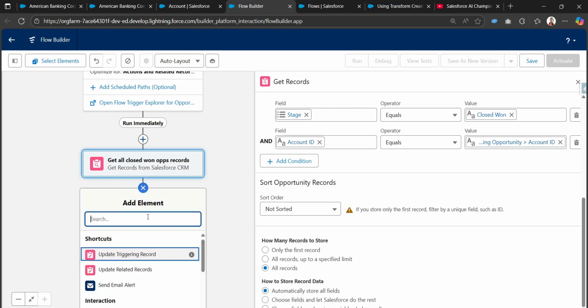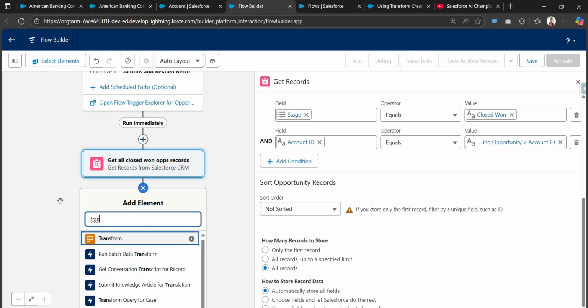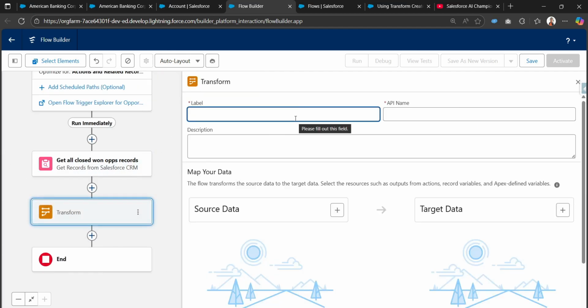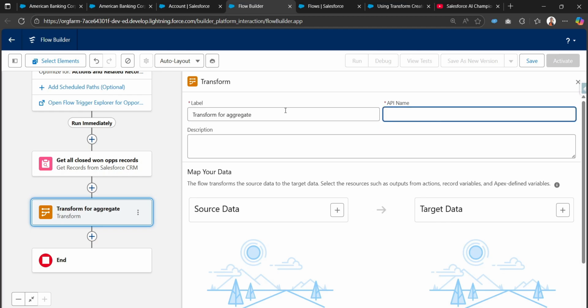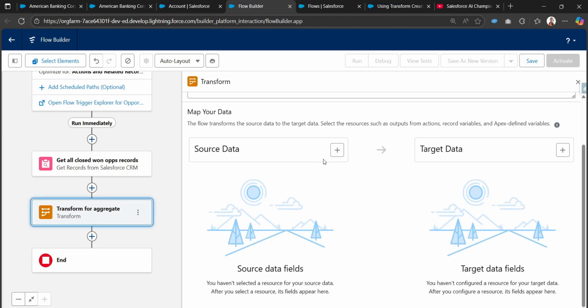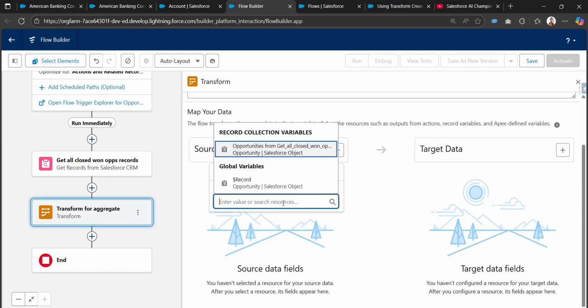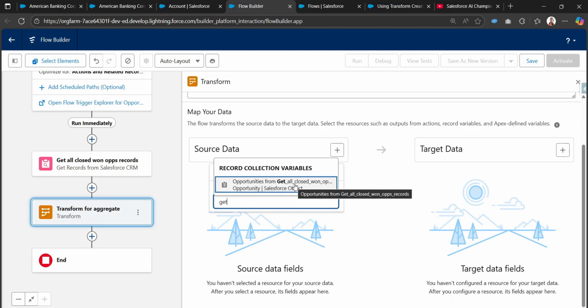Now we need to just add the transform element, and let me add the transform element name, like transform for ops, or the transform for aggregate. Let me just provide this name only. And from the source data I can just find the source, like get all closed ops needs to be in